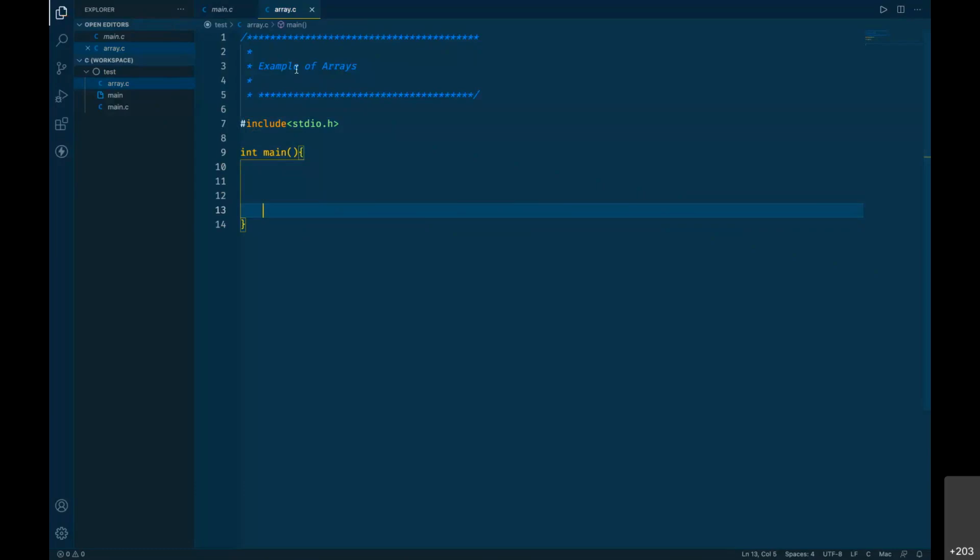Now we will be working with arrays. Initially we will work with a simple array, no complex things. ARR is going to be the array variable name. The syntax says that you need to go for square brackets, and inside them you define the size. Let's say I want 5 elements inside my array, and a semicolon.